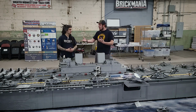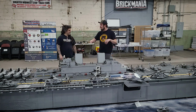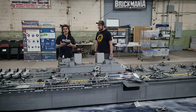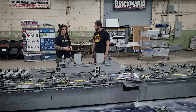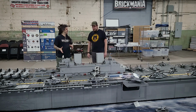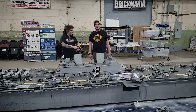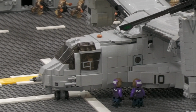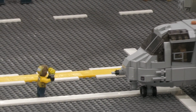How big of a deal was it to get the crew, though, to get some motion going on here, really turn this thing into a MOC that looked like a functional deck? We had some crew before, but it was just the sailors. They were from the Makin Island plank owners, the people who donated money to pay for the ship. They were one of the rewards. We did this on purpose. They weren't really leftovers; they were extras that we did at the same time. So all hands, we had the crew, but we didn't have the deck crew. So the deck crew is new, and that was strategically timed to be done as soon as